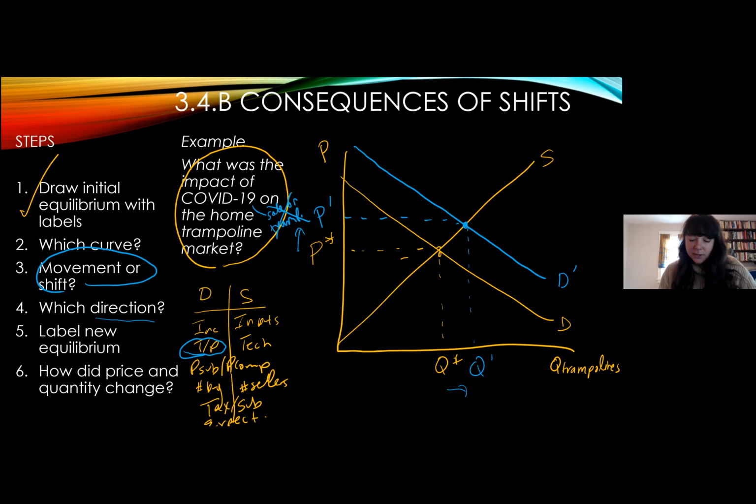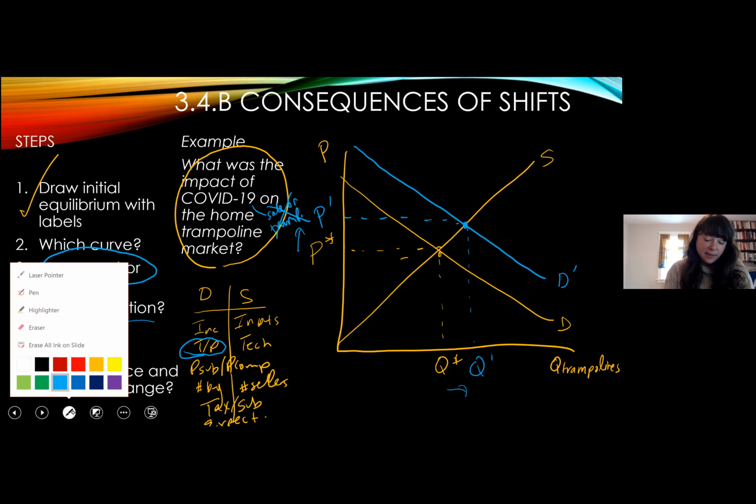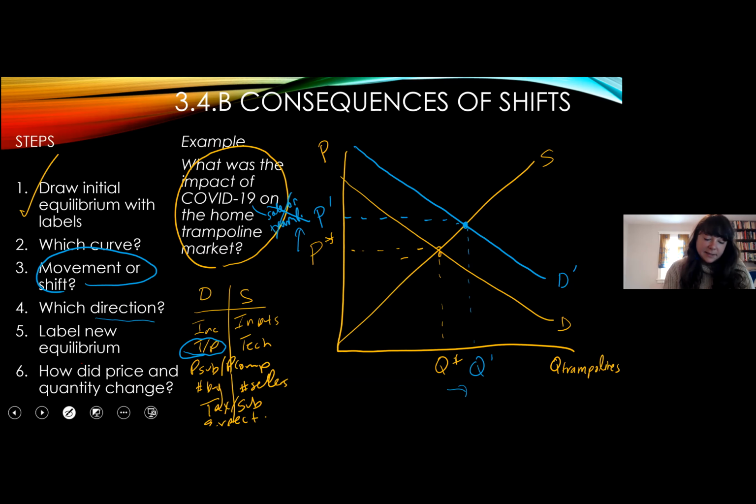Many markets, not just trampolines, looked like this. Now all of a sudden people wanted many more of them, but suppliers were simultaneously affected. So I think the other thing that happened is inputs became less available or more expensive. Now if you're a trampoline manufacturer, especially at the very beginning of the pandemic, you might have been physically shut down by local regulations in your factory. You might have been shut down by the ability to import and export product.